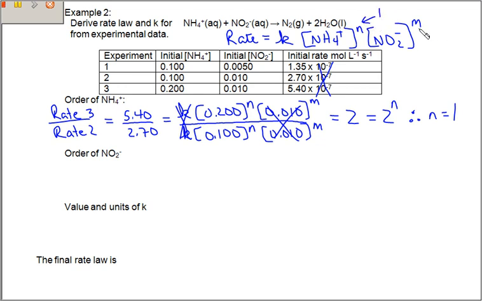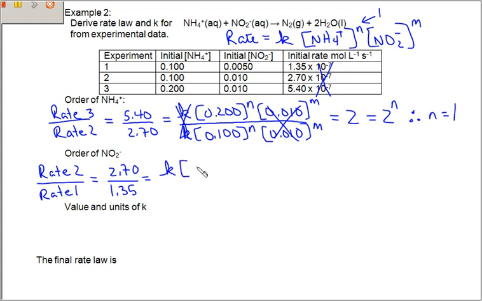Let's go and do the same thing with the nitrite ion. This time we're going to compare experiments 2 and 1. So here we are varying the nitrite ion concentration where the ammonium ion concentration stays constant. So we're going to look at rate 2 compared to rate 1. And again, I'm dropping off this times 10 to the negative 7th because we're interested in the ratios. So we end up with 2.70 over 1.35 equals